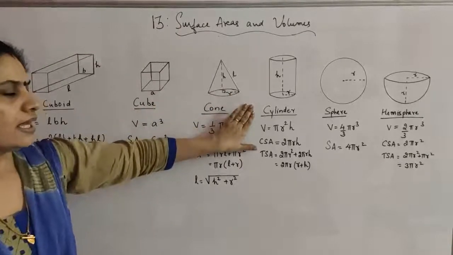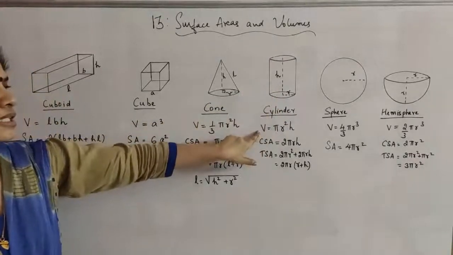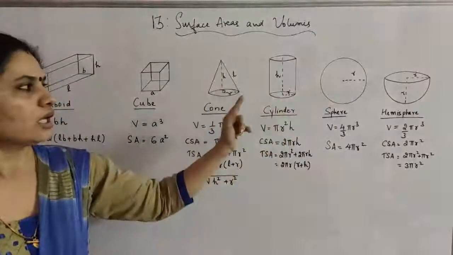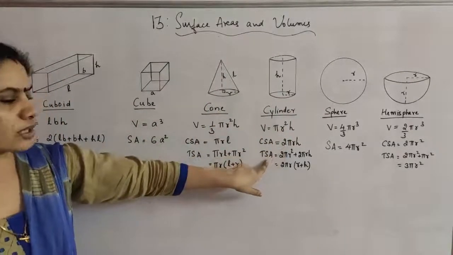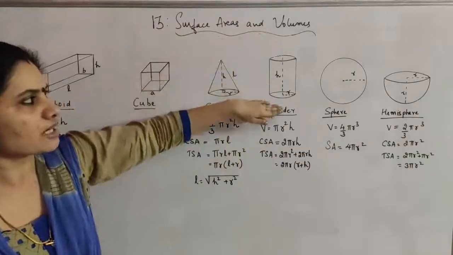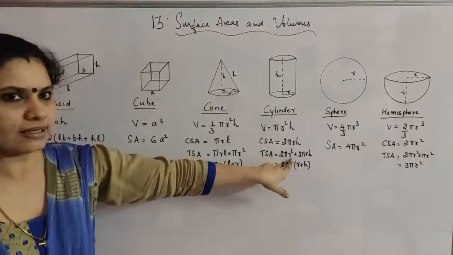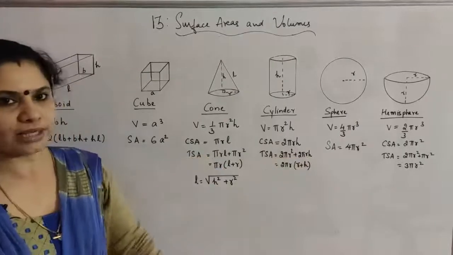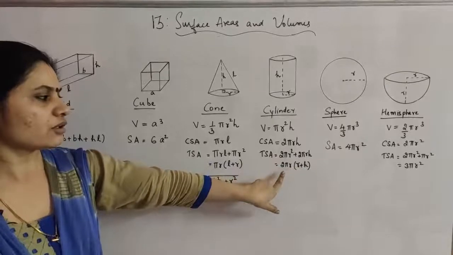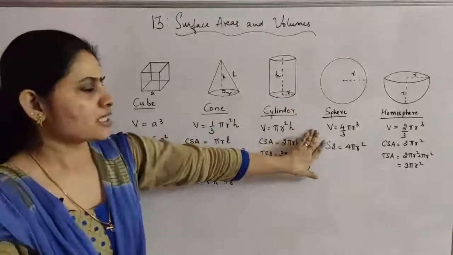Next is cylinder. Here again the radius is R and height is h, then the volume of the cylinder is pi R square h, and curved surface area, that is this portion alone, will be 2 pi R h. And total surface area is the sum of this curved surface area plus the upper and lower part, which you can see are again circular in shape. So you have 2 pi r square plus the curved surface area 2 pi r h as the total surface area. Again you can take out 2 pi r in common, so the formula becomes 2 pi r into (r plus h) for cylinder.